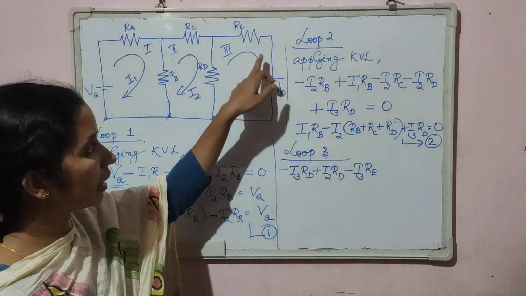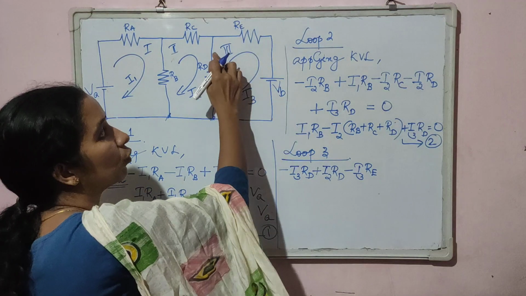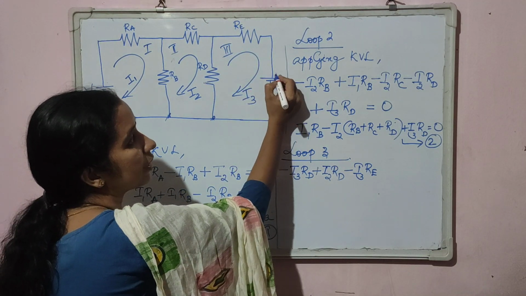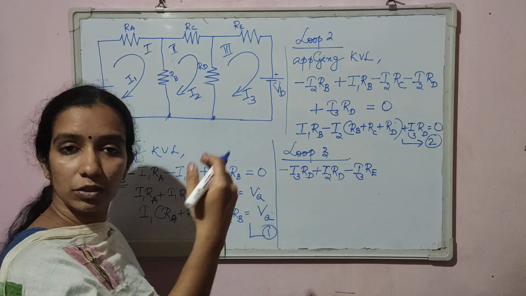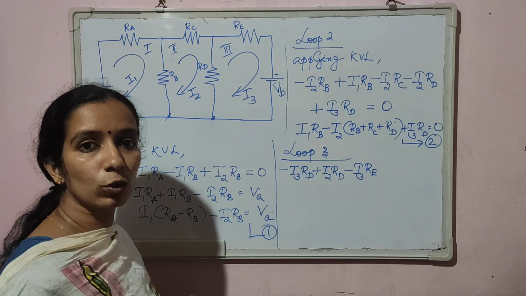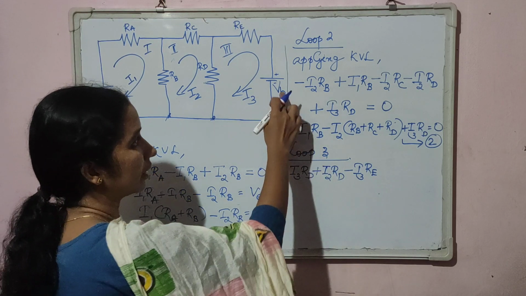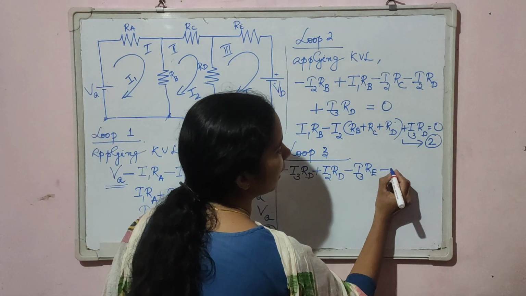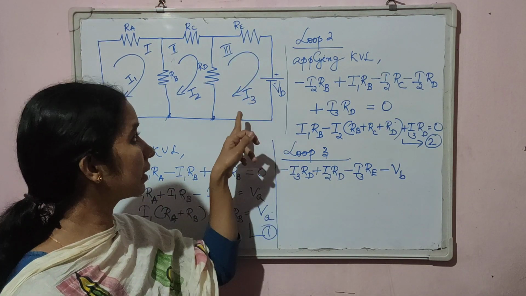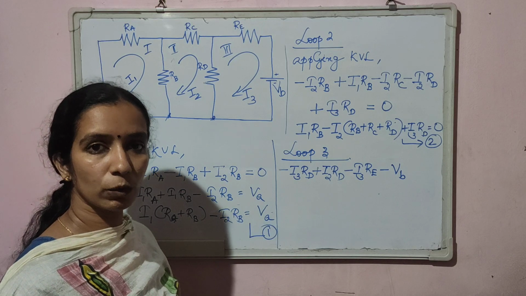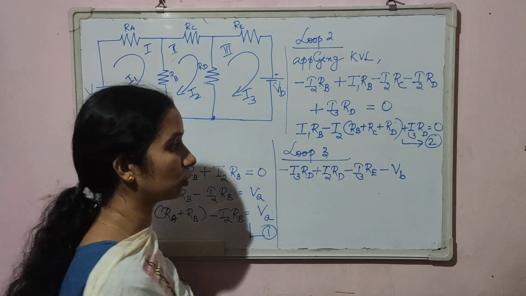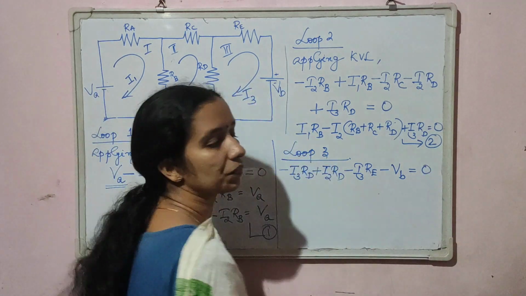Okay. Now this last component is VB. So I am moving like this. So when I am tracing the circuit like this, I am moving from positive terminal to negative terminal of the battery. So from higher potential to lower potential. So there is a drop in potential. So the battery voltage should be marked as negative. So that is minus VB. So we have considered the algebraic sum of all the voltages across this mesh, and according to Kirchhoff's voltage law, the algebraic sum of all the voltages in a particular mesh should be 0. So this will be equal to 0.